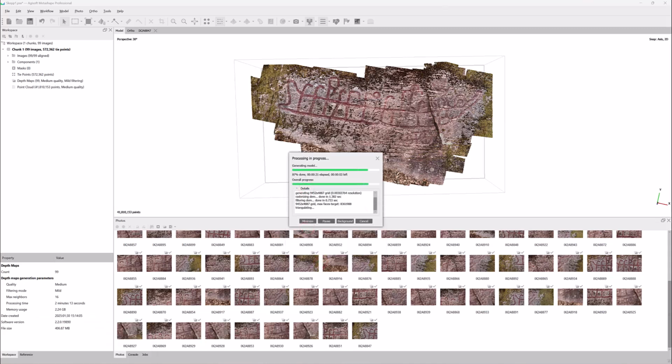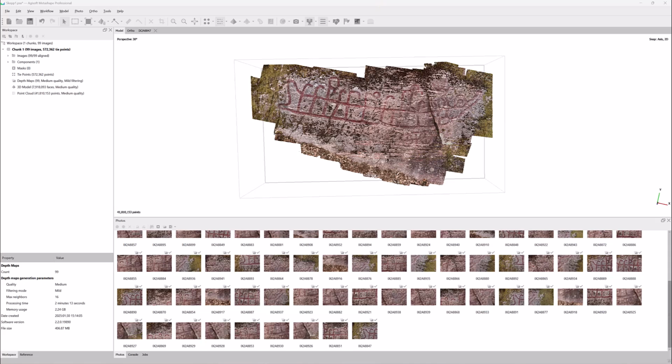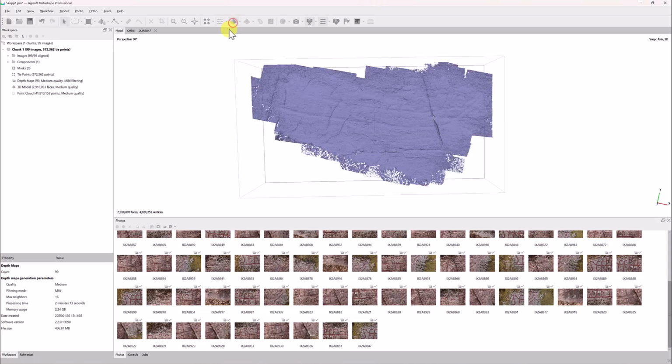When the processing is finished, you may need to click the View Mesh button at the top of the screen to see your model. If your model has loose parts around the edges, you can clean it up using the Lasso tool in the top menu. Select the Lasso tool and then drag around the areas you want to remove to select them, and then press Delete. Alternatively, and more simply, you can go to Model, Gradual Selection, Connected Component Size, and then move the slider